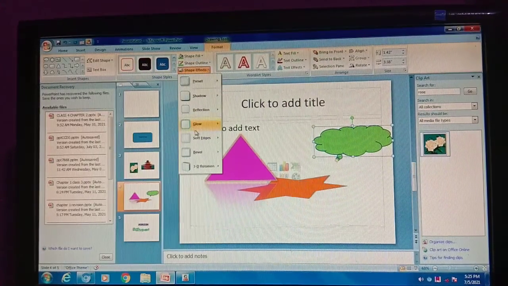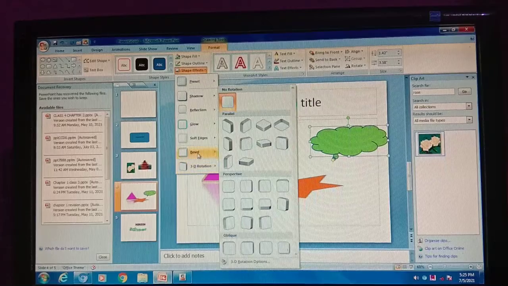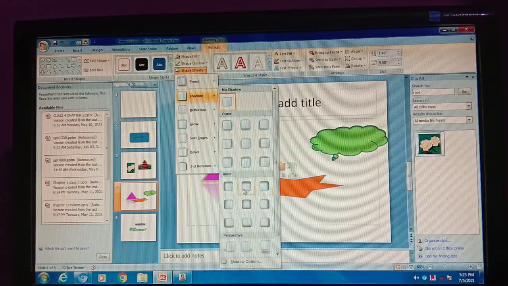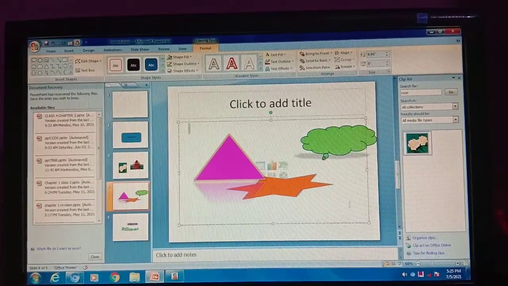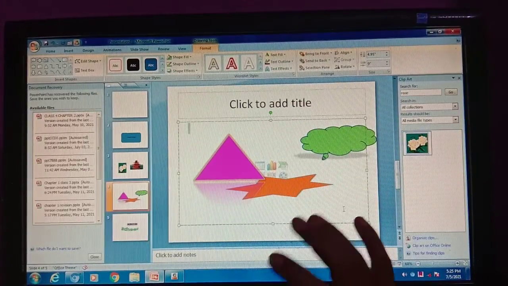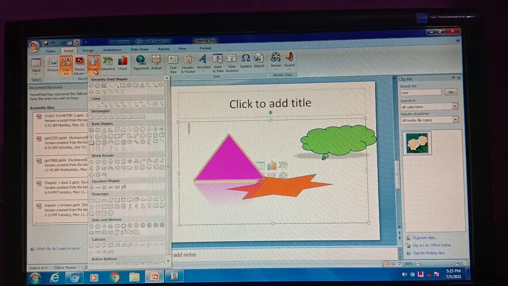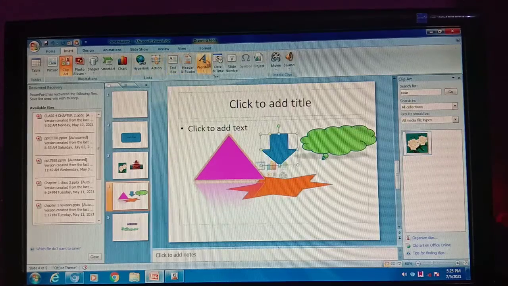Now these are the shape effects. So here you can change the shape effect. In the shape effect also there are shadow effects. See, these are all the shadow effects. You can see below this picture its shadow is displaying. This is called shadow effect. You can insert a shadow of any picture. It means you can show a shadow effect of any picture.